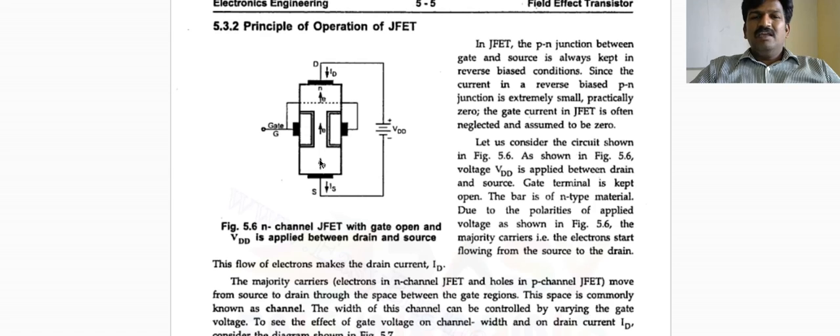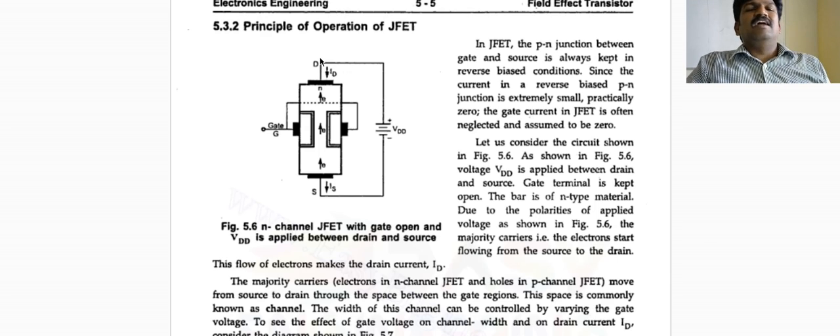Then you have the n channel substrate. What are the majority carriers of the n channel substrate? Electrons. These electrons are attracted towards the drain, because at the drain side we have the positive polarity and at the source side the negative polarity. Electrons have negative charge, the field also negative; negative will repel, and electrons are pushed towards the drain. Then when electrons move towards the drain, the drain current passes from the drain to source.